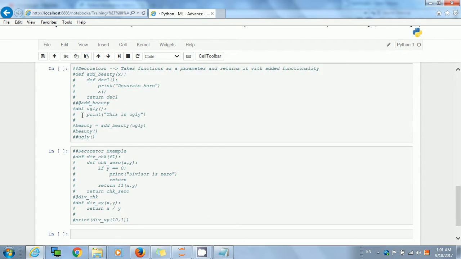Now the other thing we'll be learning today is decorators. Actually decorators are a beautiful thing that we have in Python. What it does is it takes a function as a parameter and returns it with an added functionality, with some more added functionality. Over here,